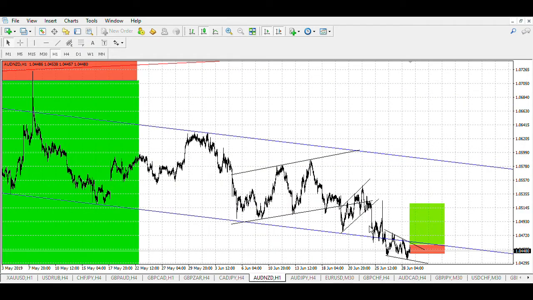Price broke below this resistance, now acting as support, but it couldn't sustain there. This is unlike the market structures where you have price consolidating on the resistance, either on a falling channel, then you have consolidation over here, then you have a break. This is just a falling channel, then price is falling in the same direction, then you have consolidation over here,